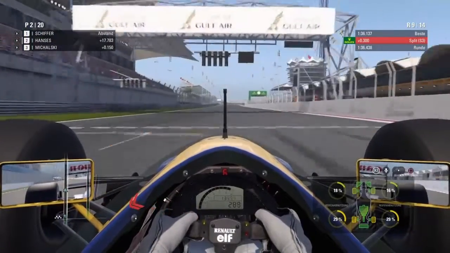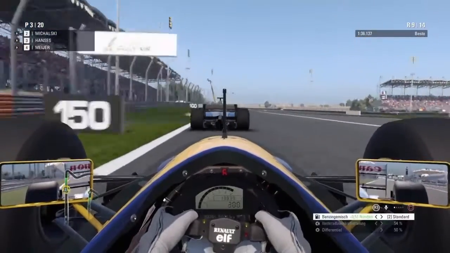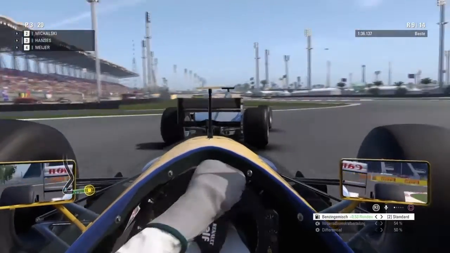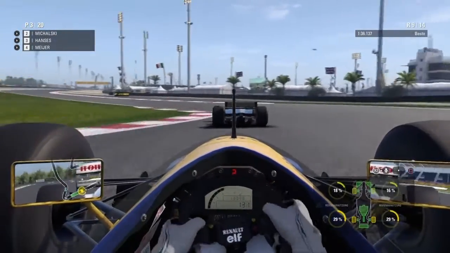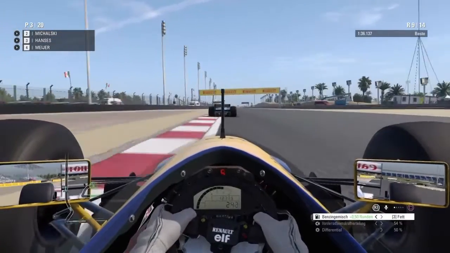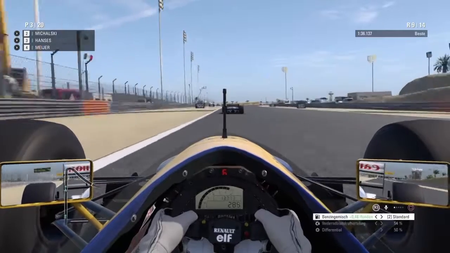You can just see how quick he is on the straight. He's gaining and gaining, and he's now past. We try to brake late, but he's also better on the brakes, so now it's about maybe counter him or stay close. Maybe we have a chance on the next straight, but you can just see how much quicker he